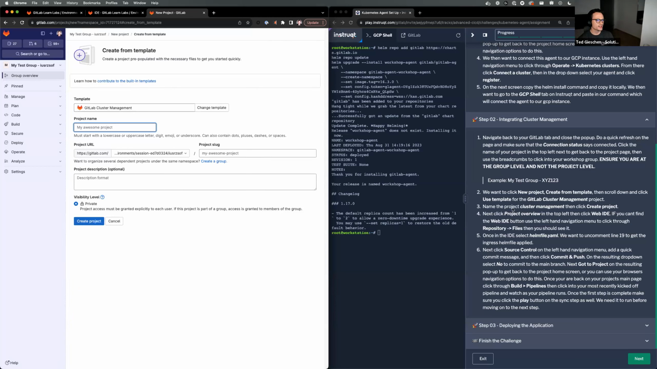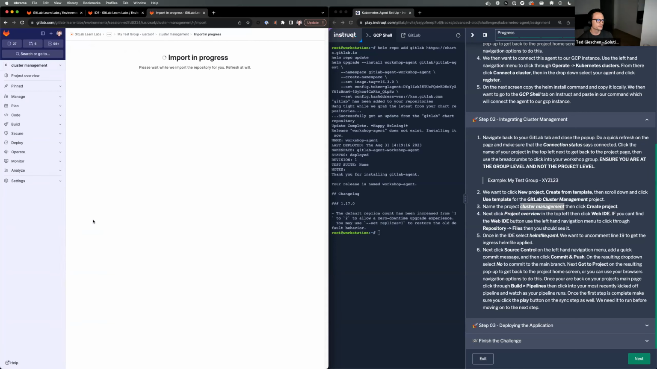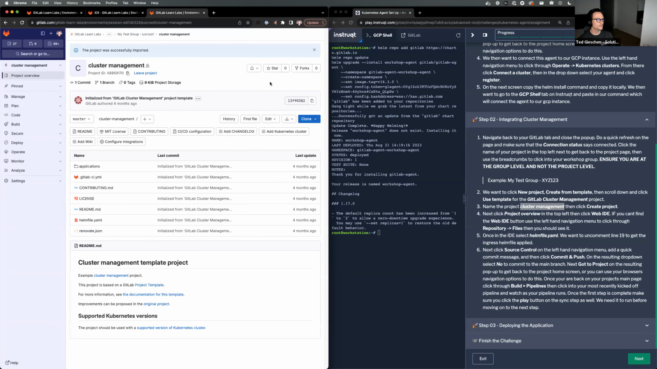The only thing that we're going to add in here, as described here in the third section, is cluster management. We're going to change that name, or rather add that name. So I'm just going to copy paste that to be cluster management. Leave everything else as is, and we'll create the project. Now, this will go ahead and import that repository for us. Should usually take a couple of seconds. Yep, sure enough. All right, so we see this now in here, and we have our cluster management project